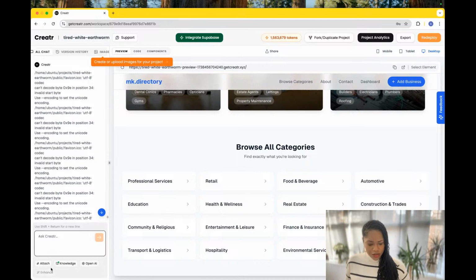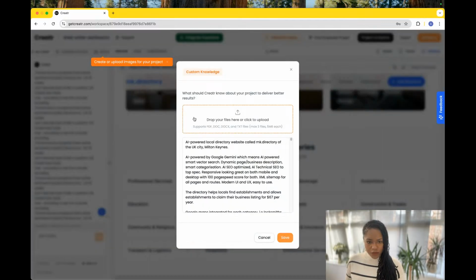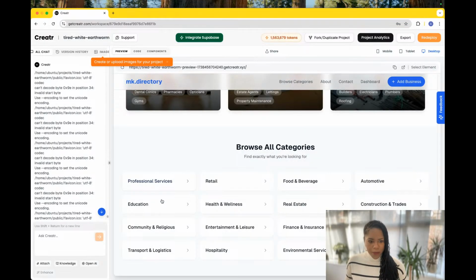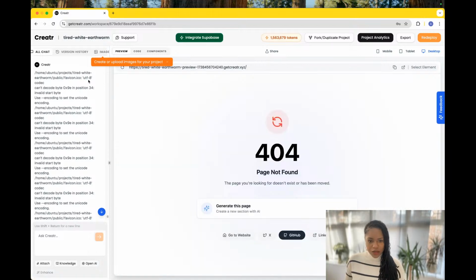Enhance. So you can enhance the prompt. You start typing, you can enhance it, which I thought was a cool feature. You've got the knowledge, which is what you add. You can add files to it. And when you're editing images,